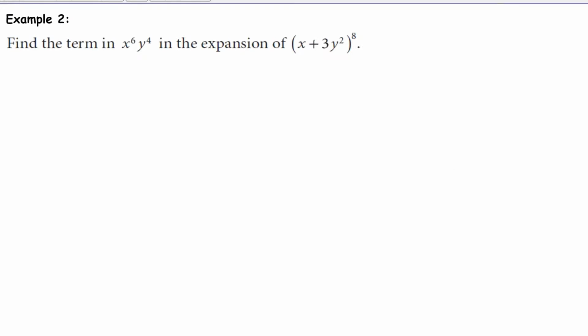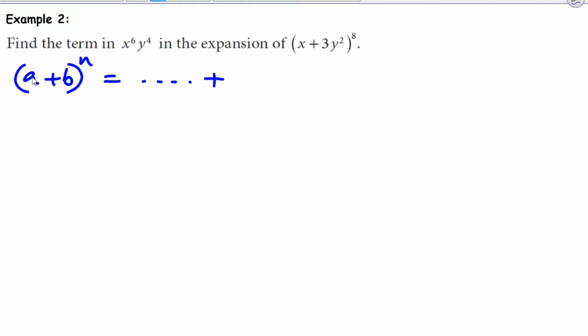Find the term in x to power 6, y to power 4 in the expansion of (x plus 3y squared) to power 8. So they want here a specific term. And what we can do is we can use the binomial expansion formula. The binomial expansion formula goes like this: (a plus b) to power n is equal to whatever comes first